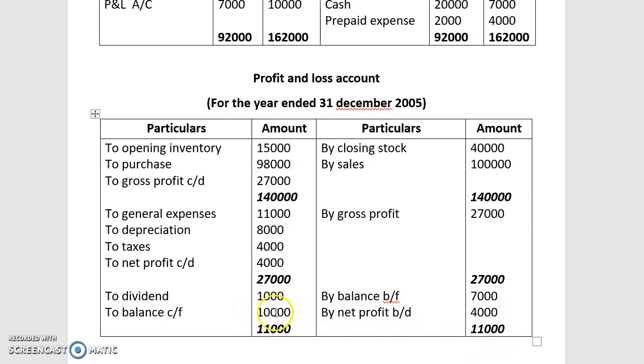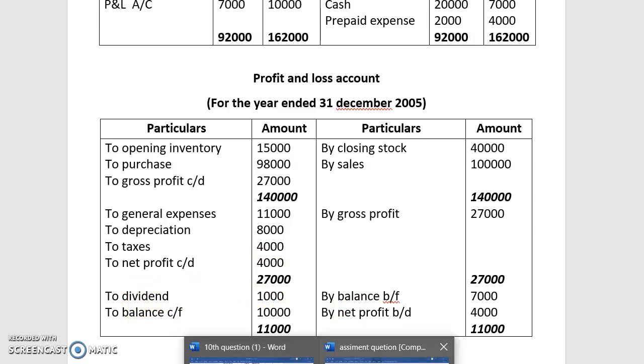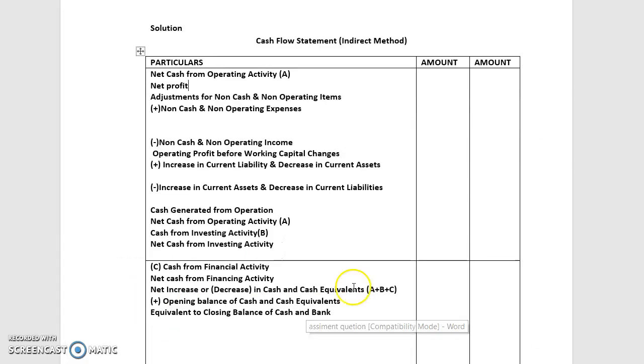10,000 is the balance brought down, and the total is 7,000. Total balance carried is 10,000 and 7,000. Deduct this 10,000 and 7,000, and you will get 3,000 rupees. For this, add the tax provision of 6,000, which you prepared in the provision for tax account. Then add the dividend, which is payable here, 1,000 rupees. Then you will get the exact amount of net profit. So net profit is 10,000 minus 7,000, 3,000 rupees.